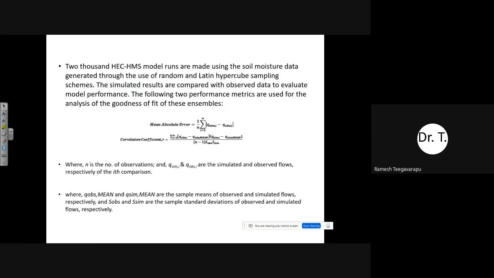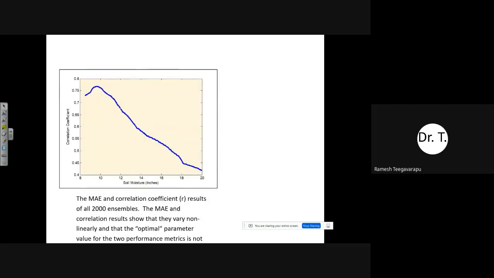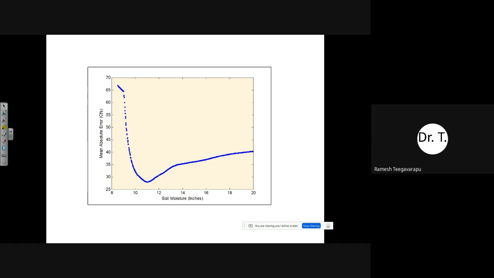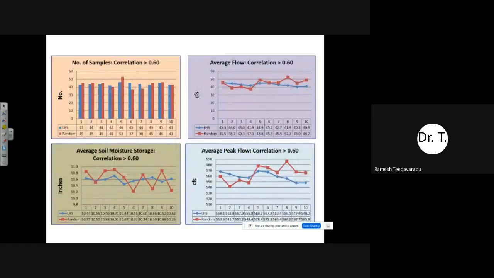Then we evaluated the model performance by looking at the correlation coefficient and the mean absolute errors, based on the sensitivity to the soil moisture parameter. You can see that the correlation is highest with the observed discharges whenever we have one value. This is possible because we are trying to ascertain the data uncertainty, or at least in this case, the parameter of soil moisture. We don't know exactly, so we are doing that. And the mean absolute error again goes down at that particular parameter value. Unfortunately, they don't coincide very well, but at least we know the range in which we are getting the best correlation and the lowest mean error.